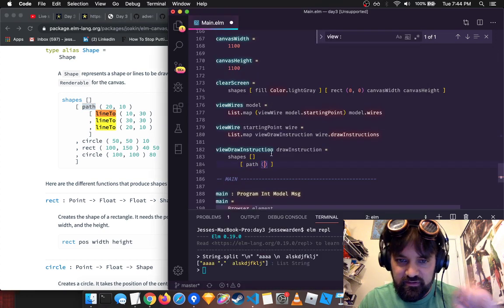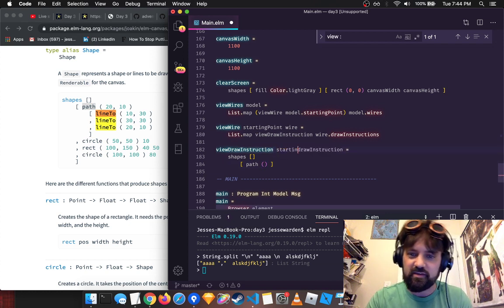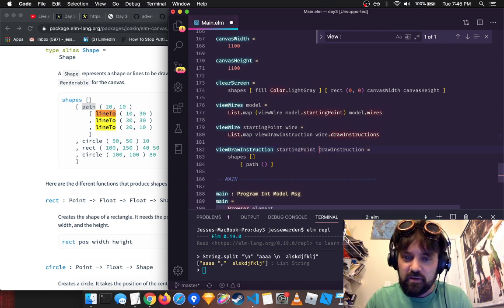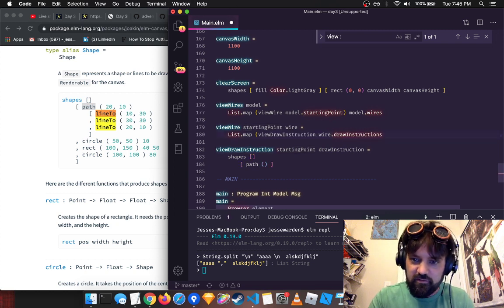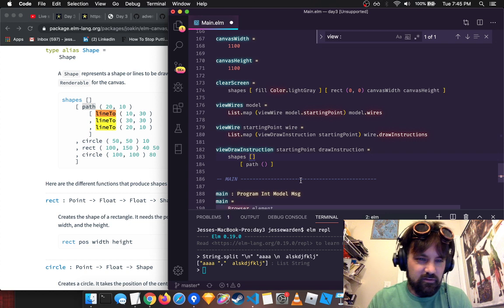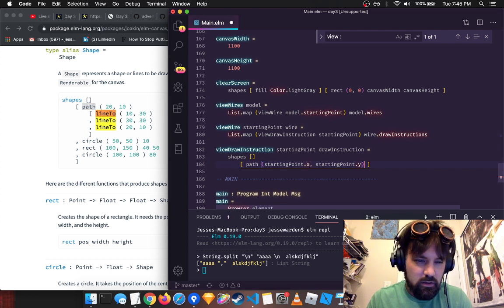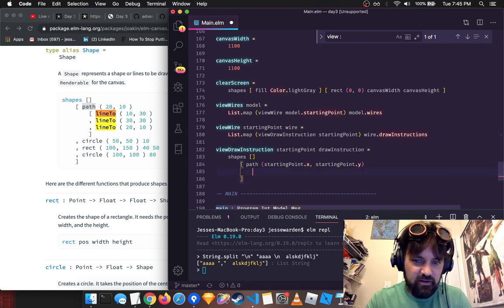So the starting point is part of this. So we'll do this too. We'll pass this down. Starting point. And the starting point, I believe, is actually the draw instructions. No, they all use the same starting point. Okay. So this starting point is also a function partial. So starting point x, starting point y, and then from that tuple, we need to provide a list of line 2's. Okay, I can do this. So these line 2's are list.map